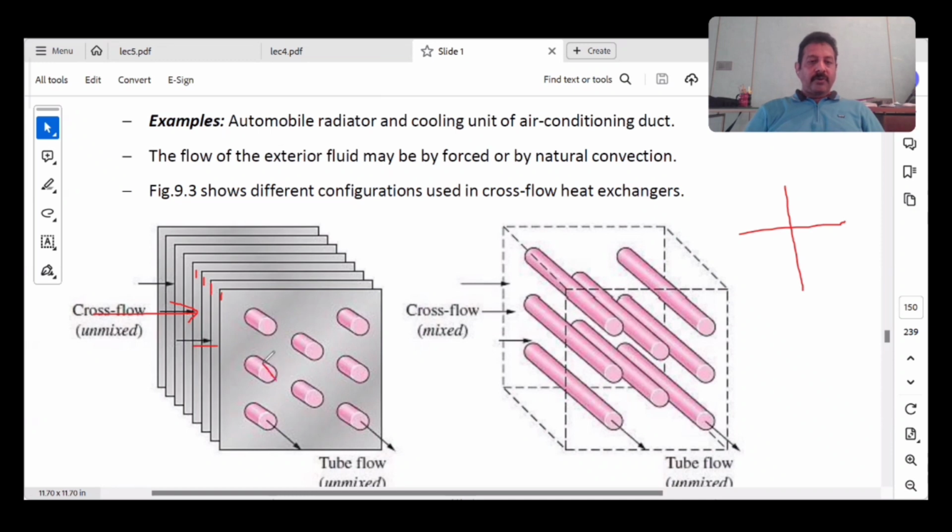இன்னொன்னு வந்து another fluid flows perpendicular to this. Perpendicular 90 degree. இது வந்து this angle will be 90 degrees. So இதுல ஒரு fluid வந்து unmixed போகுது, இதுல ஒரு fluid வந்து mixed போகுது. இங்க நான் வந்து பிளேட் சட்டம் வச்சிடுறேன். ஒரு பிளேட் இன்னொரு பிளேட் இன்னொரு பிளேட் இப்படி போயிட்டே இருக்கு. ஒரு பிளேட்டுக்கு இன்னொரு பிளேட் நடுவில் ஒரு கேப் இருக்கு. இங்க நான் பிளேட் சட்டம் வைக்கல. ஸோ the one fluid is mixed fluid, another fluid is unmixed.